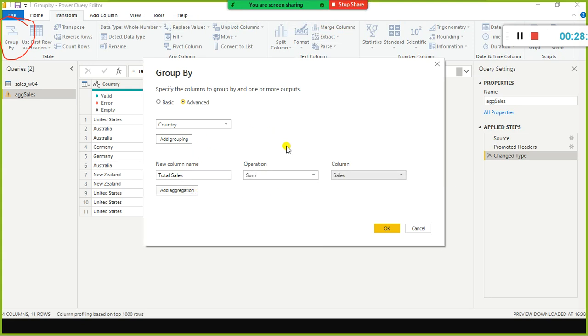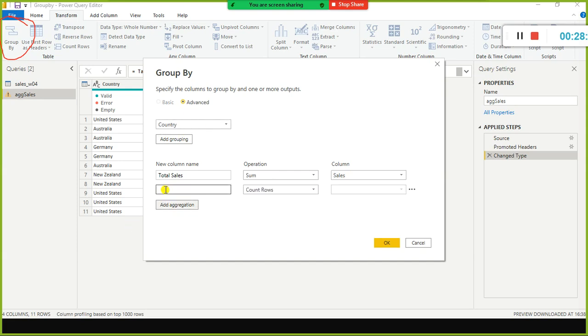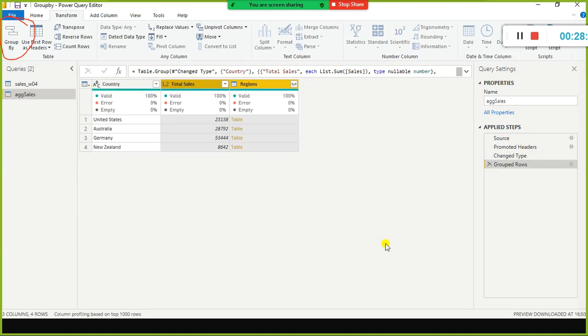So next one, this is a common thing, this is what we did: aggregation. We perform the aggregation by country, right? Sales by country. The next one is we are going to do the row operation, to group by one or more columns. So here I'm going to create something like region. When you select all rows, this one will get deactivated. So now if I click OK, let us see what happens.